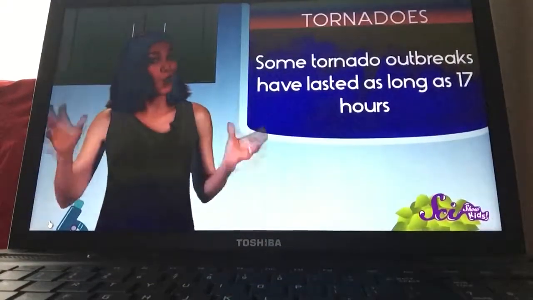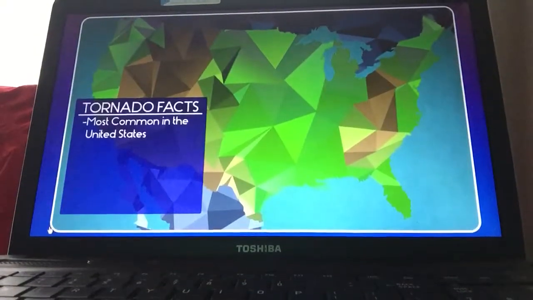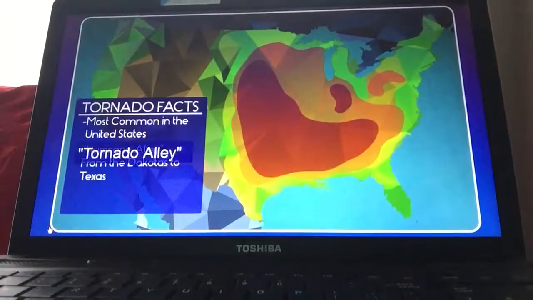While tornadoes can happen all over the world, they're most common in the United States. About 2/3 of all the tornadoes in the world happen right down the middle of the country, from